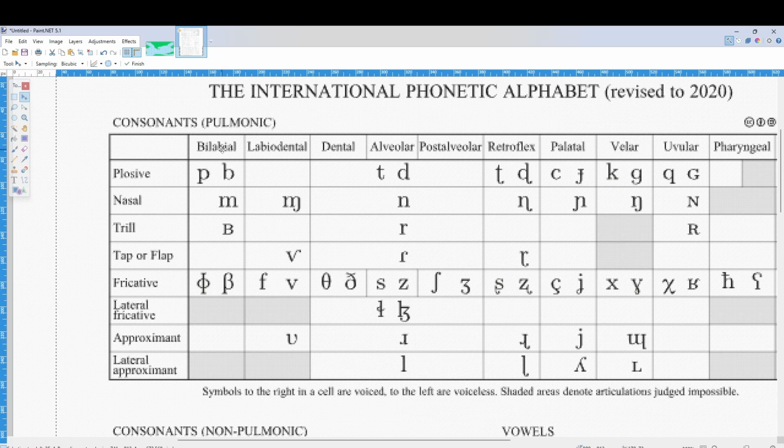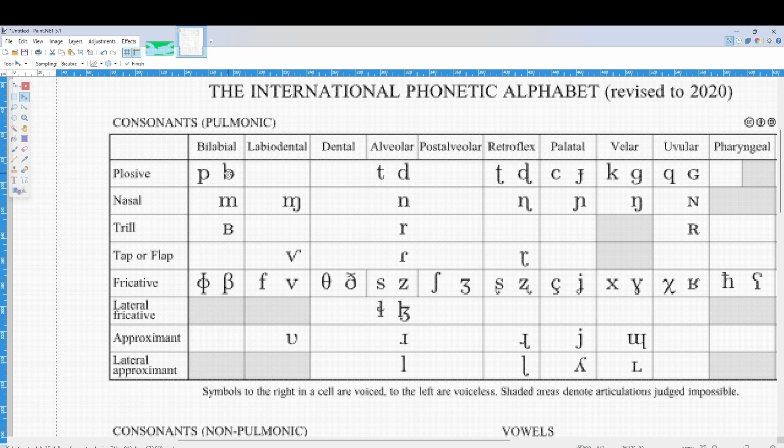So the top row, you have where you pronounce the consonant. So bilabial, labial is lips, dental's teeth, and linguo, I don't think you're going to see that here, but linguo is tongue. So bilabial just means both lips. So you have the bilabial plosive. Plosive means stop. Basically, you have to close off airflow anywhere in your mouth at one point, and then release it like pa or ba, where you see two letters like here